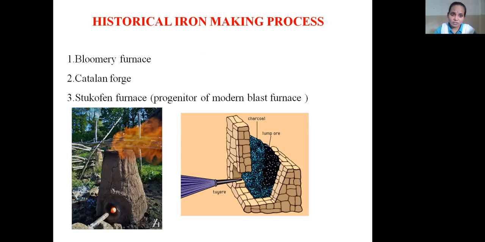Very first, the product that was produced was known as wood. Later, the processes were improved step by step. Technologies came to the front in the form of the bloomery furnace, the Catalan forge, and the Stuckofen furnace. Here, in the bloomery furnace,